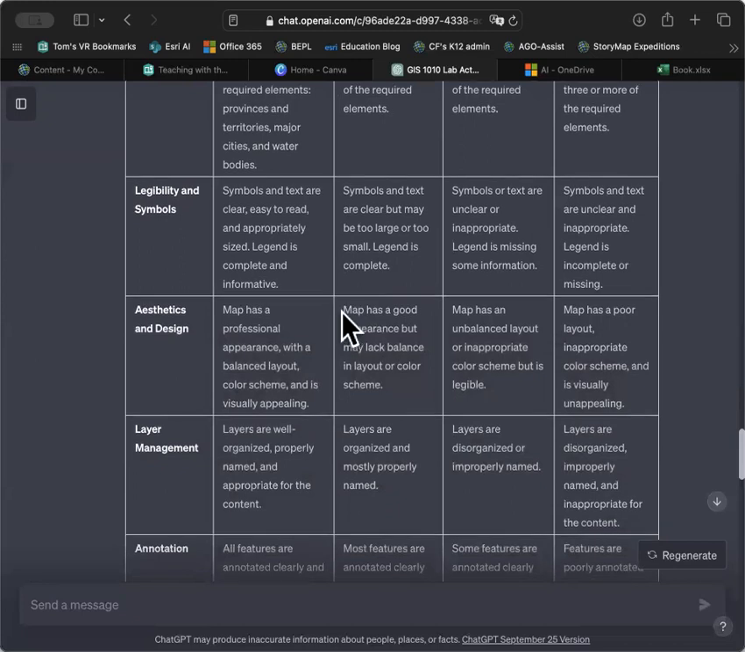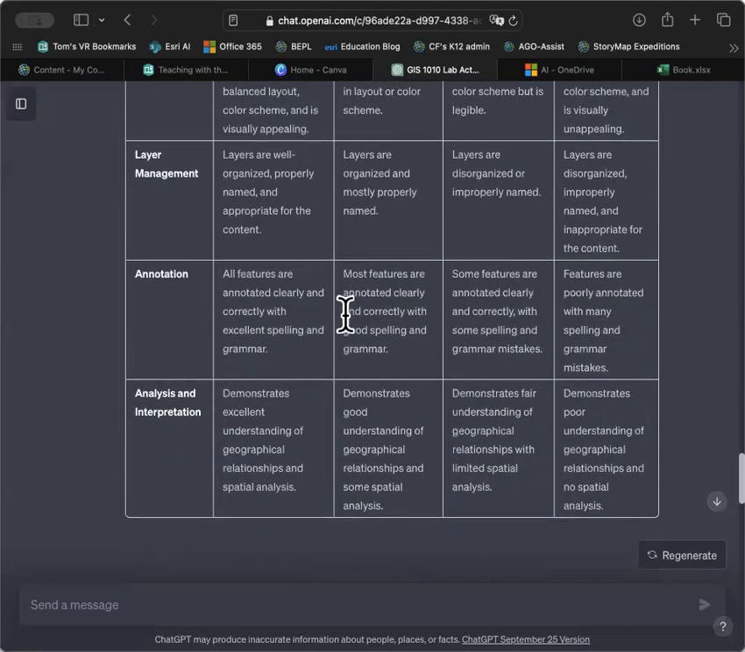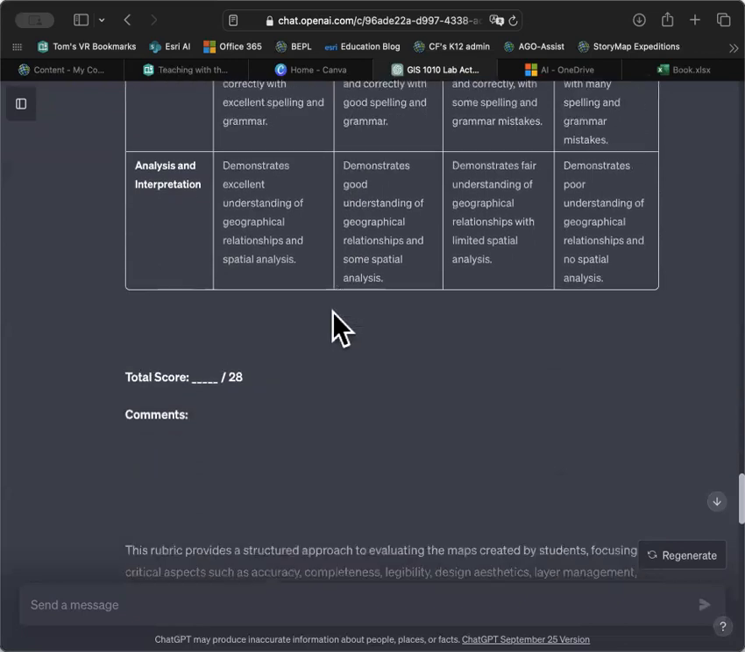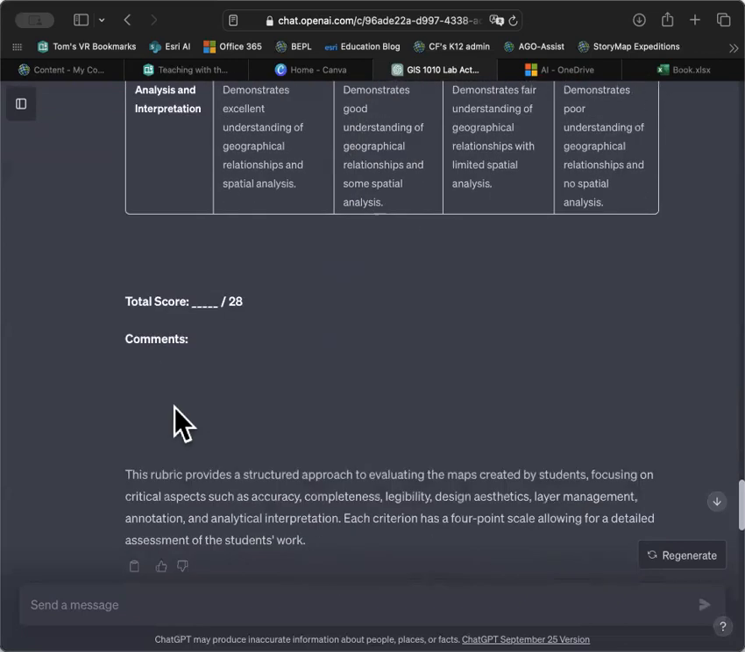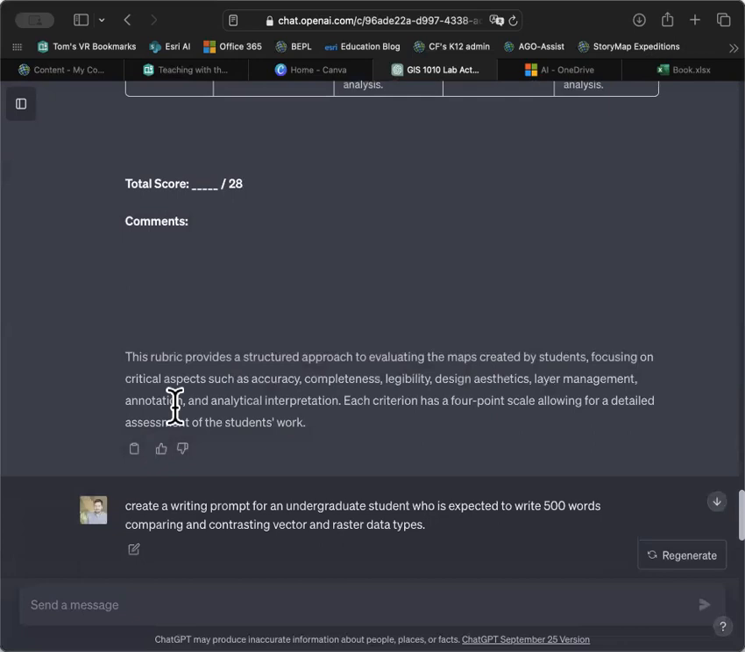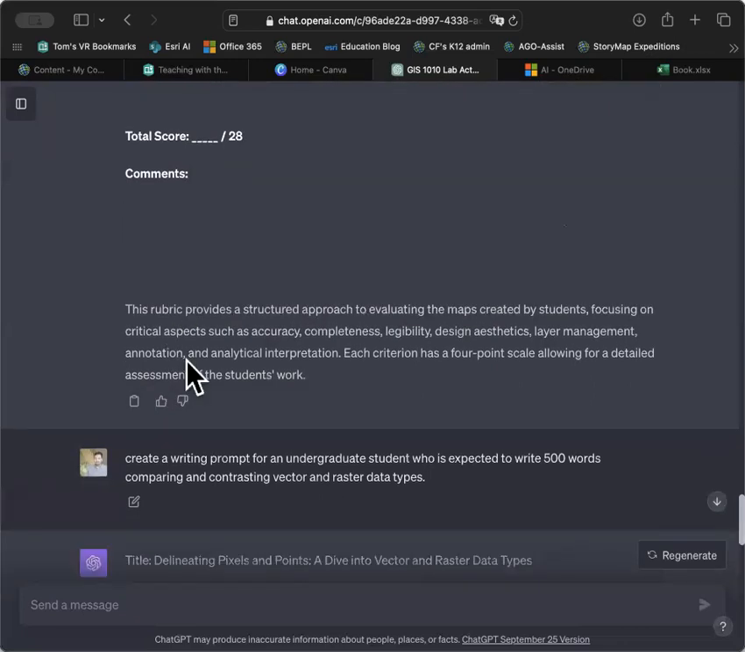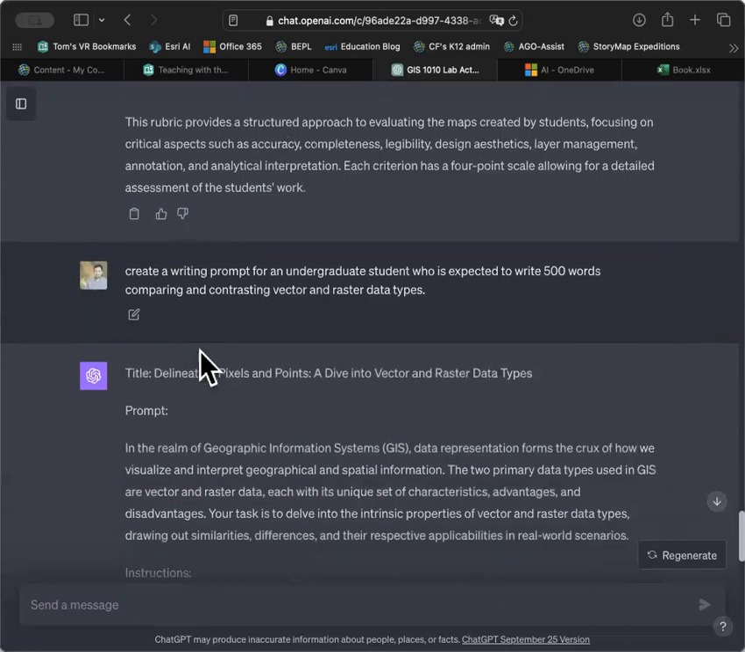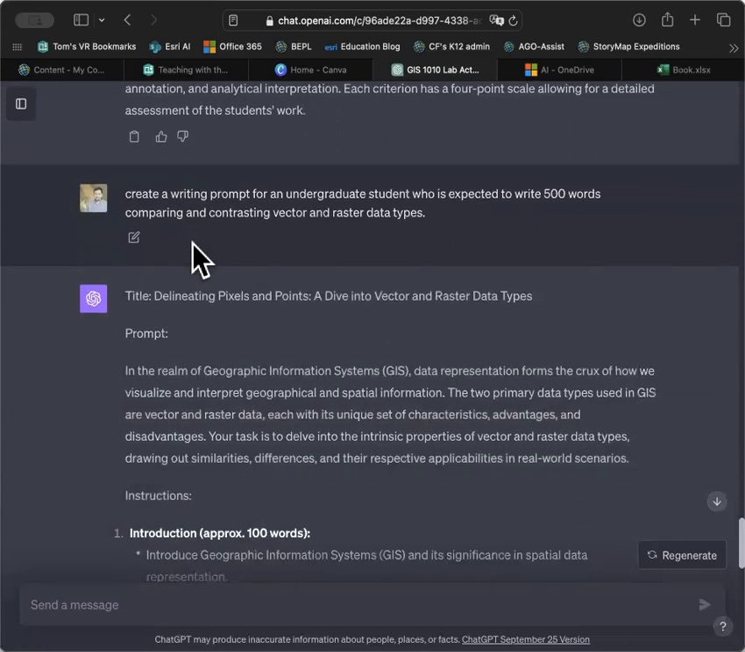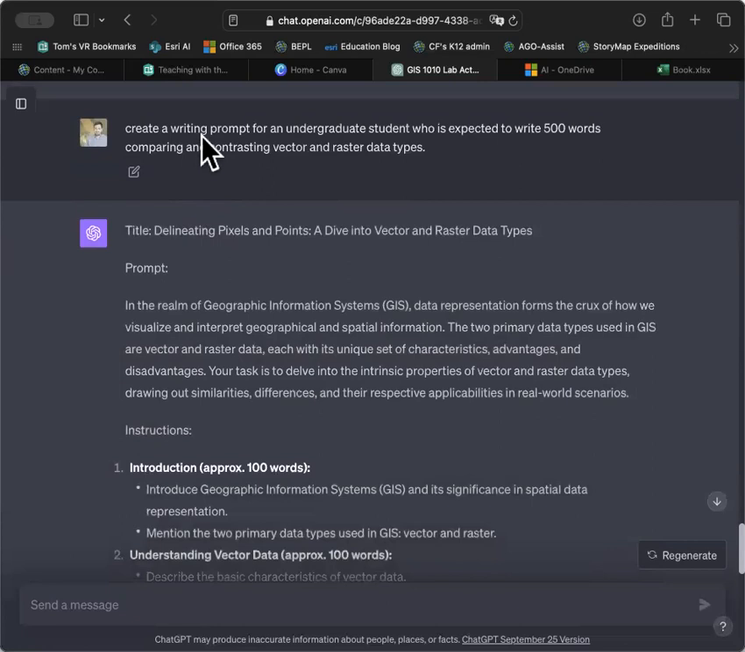So LLMs, or at least ChatGPT, I'm using version 4 in this particular case, will generate a very nice rubric and provide you essentially a worksheet that you can copy and paste into a Word document and print out and then use it to assess student work. So in the second prompt here, we're really just asking ChatGPT to create a prompt that will describe a piece of writing that we are using